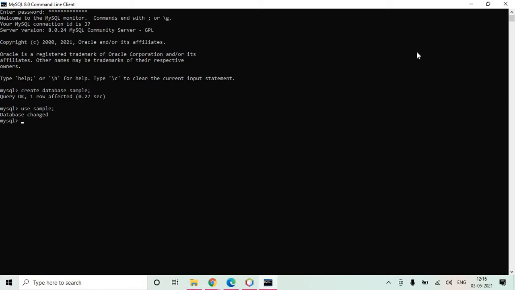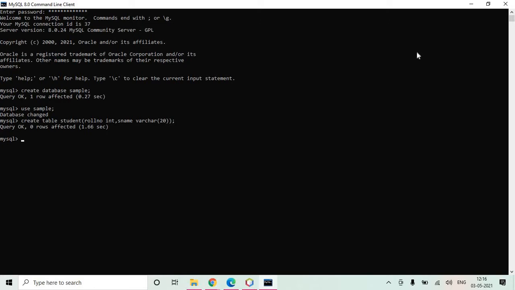Now inside this database, if I want to create a table, say create table, the name of the table is student. It has two values, one is roll number of type integer and the second is student name of type varchar 20. So I have created one table student.